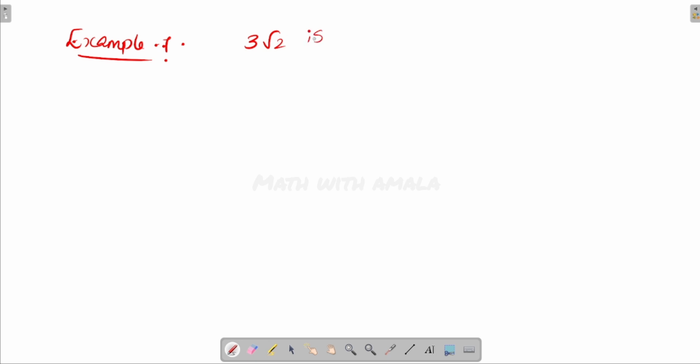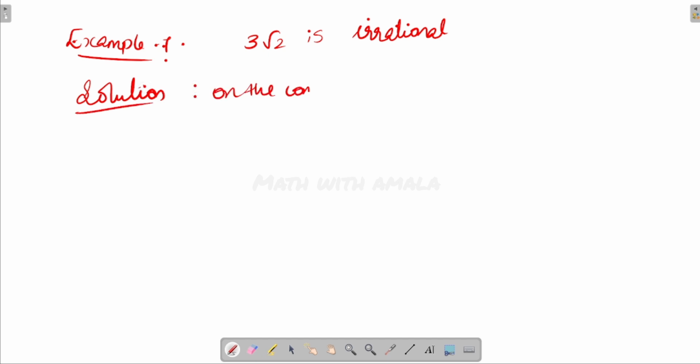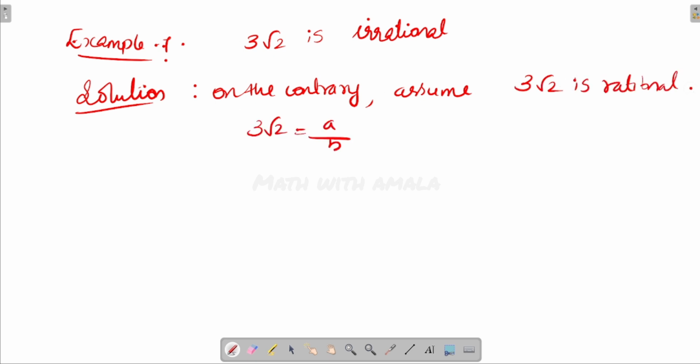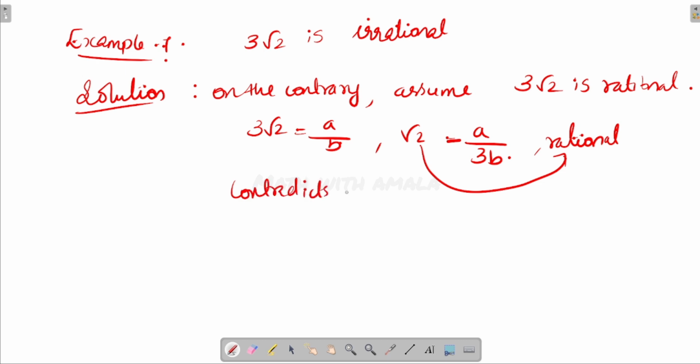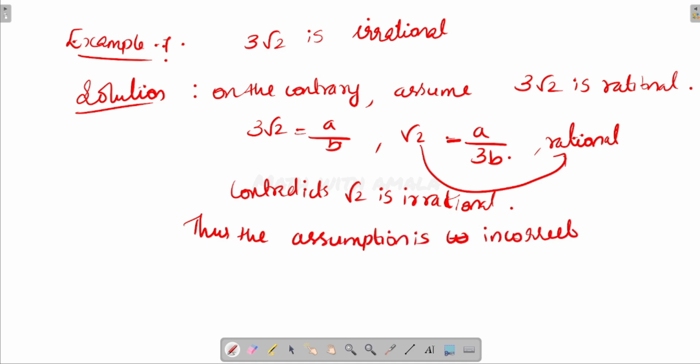Example number 7: 3 into root 2 is irrational. If we proceed with the same method that we applied for the previous examples, the solution can start with on the contrary. Assume that 3 into root 2 is rational. Here we will get two numbers a and b such that 3 root 2 equals a by b, so root 2 equals a by 3b, which is rational, but root 2 is already irrational. This contradicts that root 2 is irrational. Thus the assumption that 3 root 2 is rational is incorrect. We can say 3 root 2 is